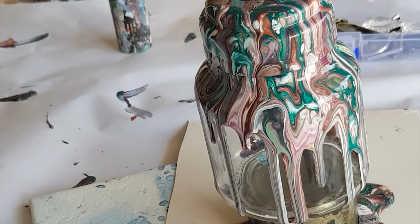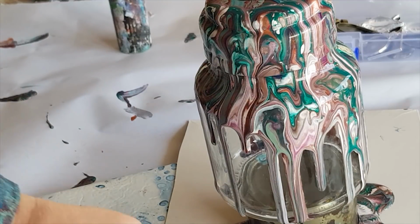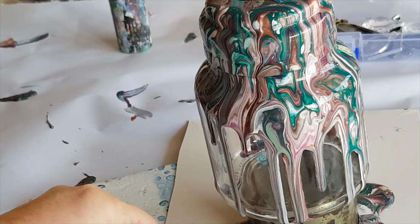What if you didn't have to cover every little square millimeter in paint? What else is possible? So there you go, guys. We've got a pendant and we've got a jar. Nope, you can't see the pendant in that shot. Now,